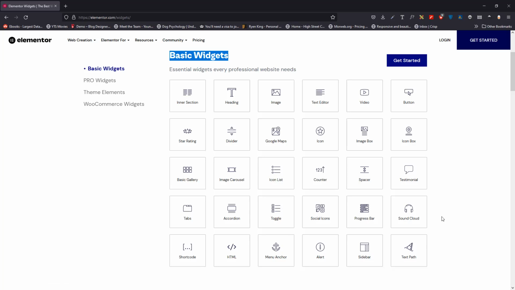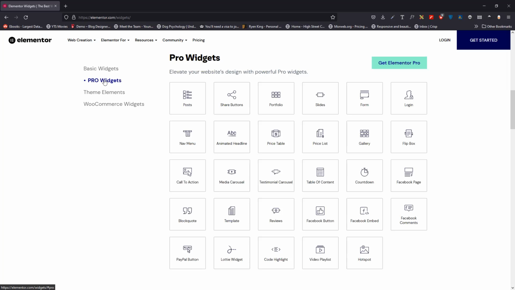So for today, we are going to look at the basic widgets. That means we are going to set up the free version of Elementor, and we are going to look at all these widgets we have for the free version. Based on the same widgets, you have what we call the pro version. The pro version is like the paid version of Elementor, because it has more functionalities